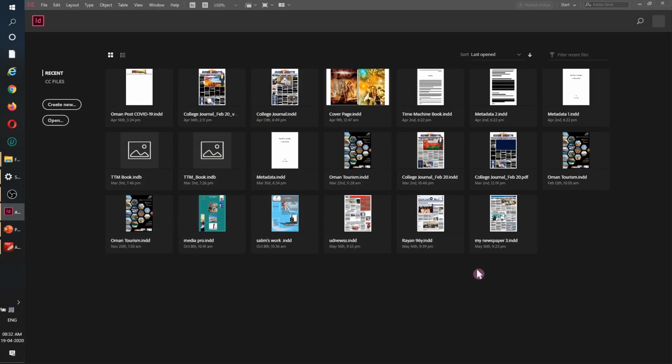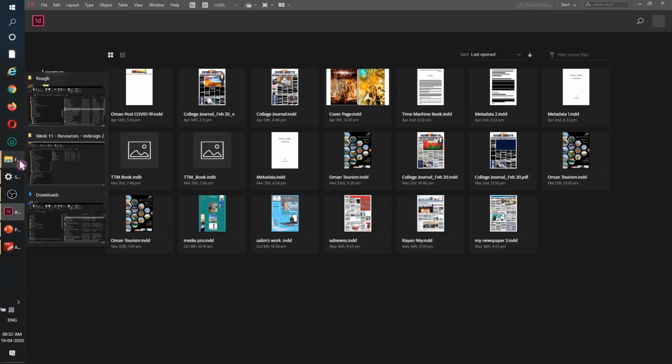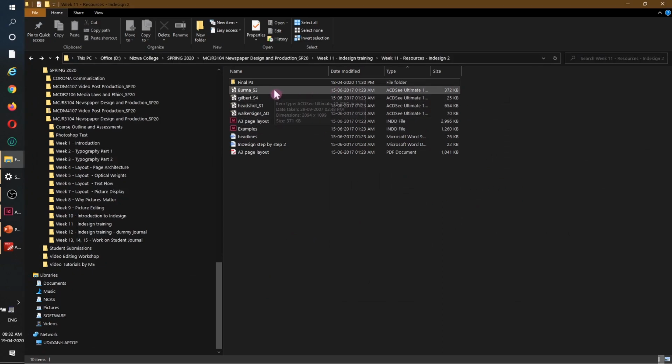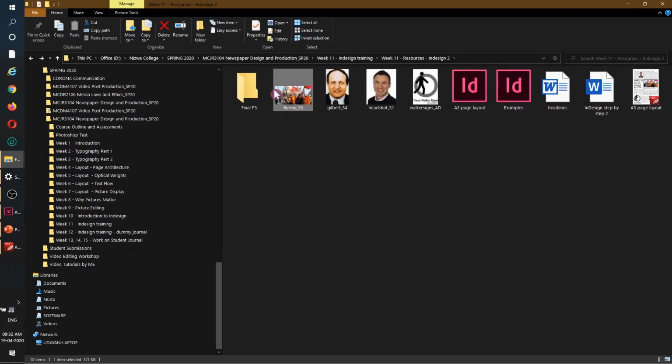So the first thing is, I am supposed to check whether I have the prerequisite set or not. As I said, the prerequisite is we should have all the stories organized and all the images pre-processed. So here I have a folder. In this folder you will notice I have all the images that I need to carry. I'll just try to show you a little bit bigger. So I have all these images which I need to carry and the headline as well as the details of the story. But the problem is these are not proper.